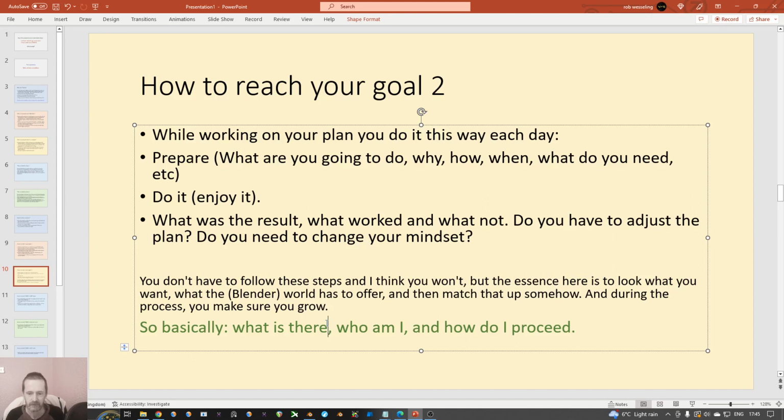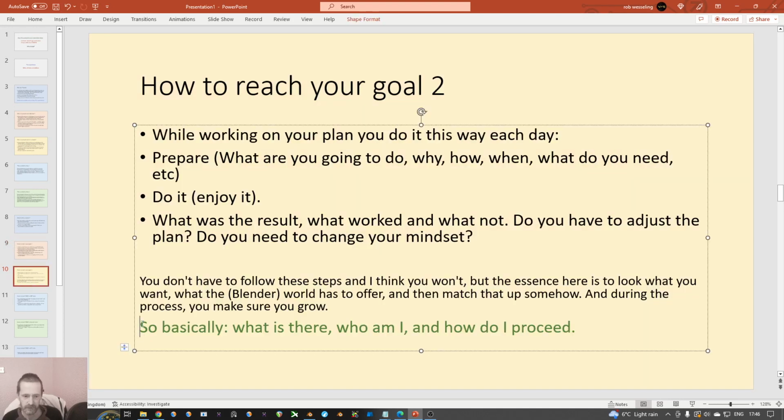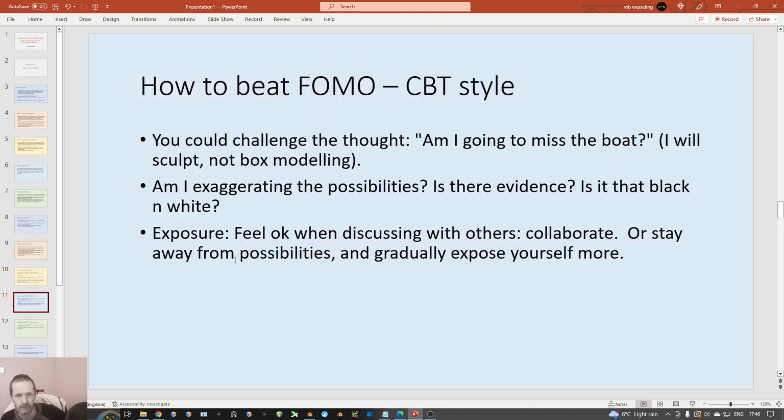So what's there, what you want, what you can do, what's your motivation and your goal, and how do you proceed with that. That's basically these steps over here. So this is in one sentence: that's how to reach a goal. But,